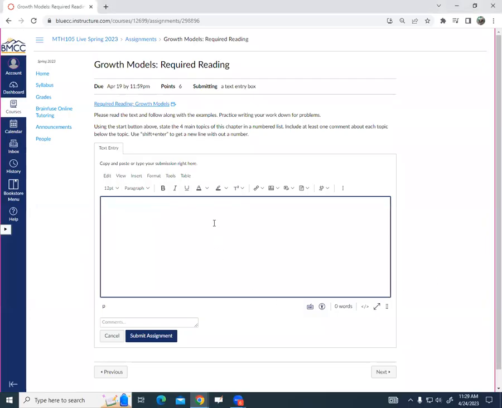Let's make a nice entry for this assignment where we have to list the 4 main topics. The first was linear growth. And what I want to do is I want them to be numbered. Now, instead of typing a number in front, we should use the word processor's ability to make a numbered list